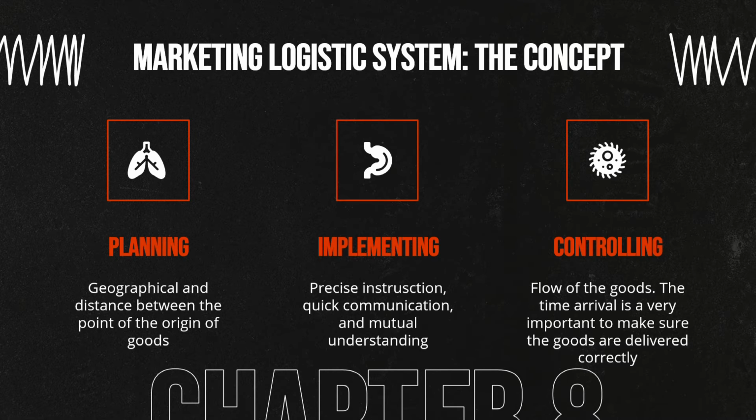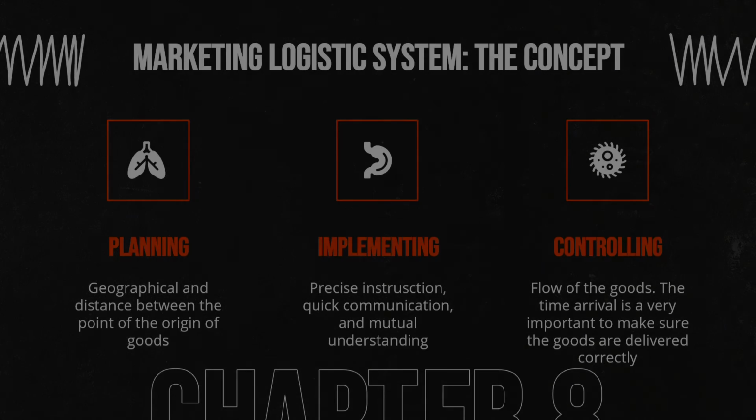Sometimes, if the goods arrive too early, they incur damages at ports or warehouses, or else they simply perish. On the other hand, if the goods arrive late, it leads to customer dissatisfaction and loss of opportunity. Therefore, an effective logistics system ensures the timely and safe delivery of goods at the most economical cost. This can be achieved only through keeping a tight control on the passage of goods from the point of origin